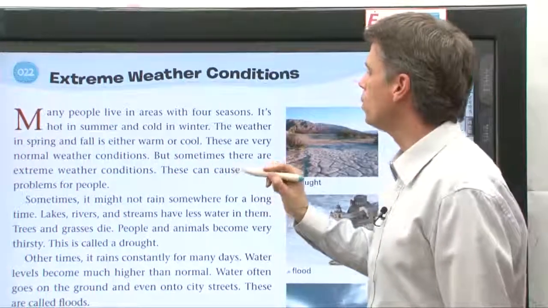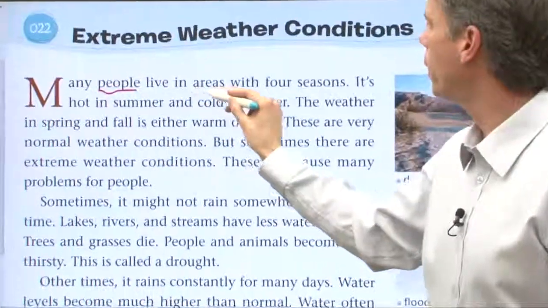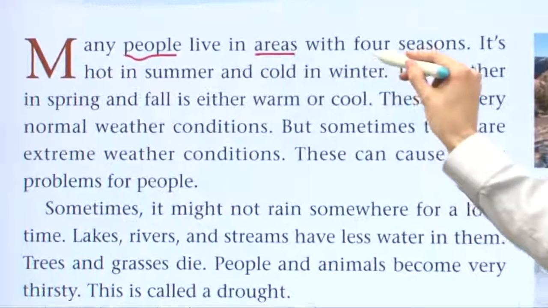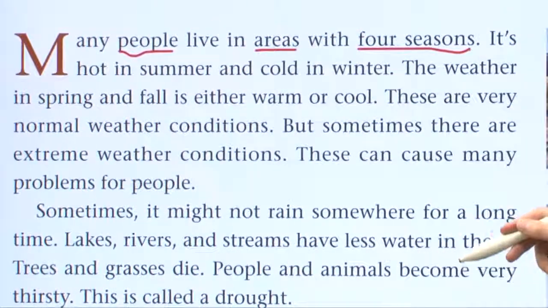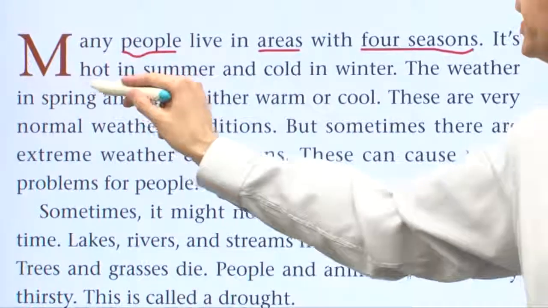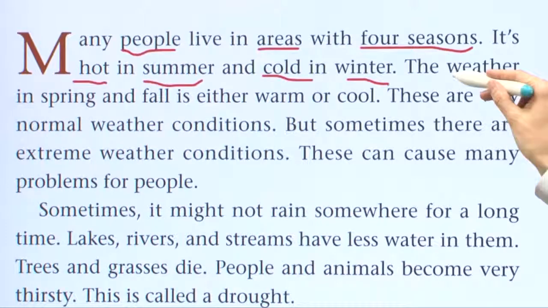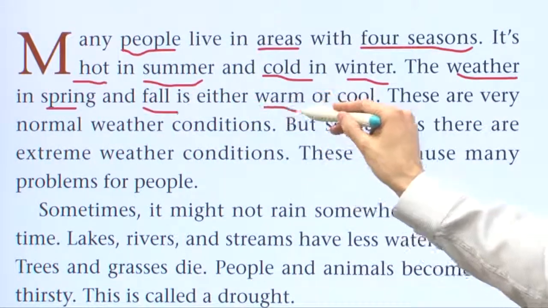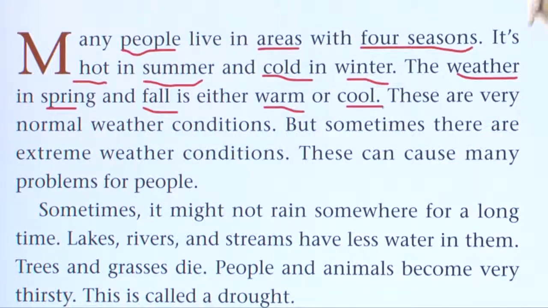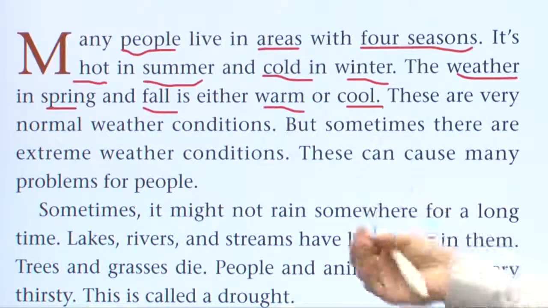Look for some key words like people, areas, maybe live too. 4 seasons, these are very important words, okay? Hot summer, cold winter, weather, spring, fall, warm or cool. And I'm going to stop there. That's enough. I want you to continue and find the